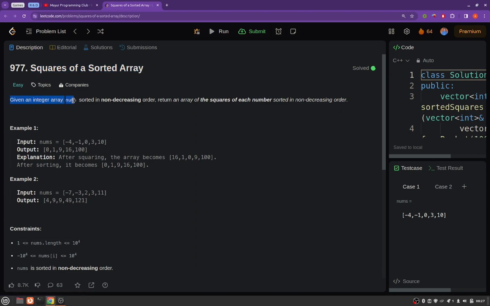Given an integer array nums, you have to sort the array in non-descending order, and you have to do this sorting. Your answer should be such that you return an array of squares of each number sorted in non-decreasing order. Okay, so the input that you will be given is sorted in increasing order, and you have to maintain the increasing order only when you will be squaring each element out. Okay, so